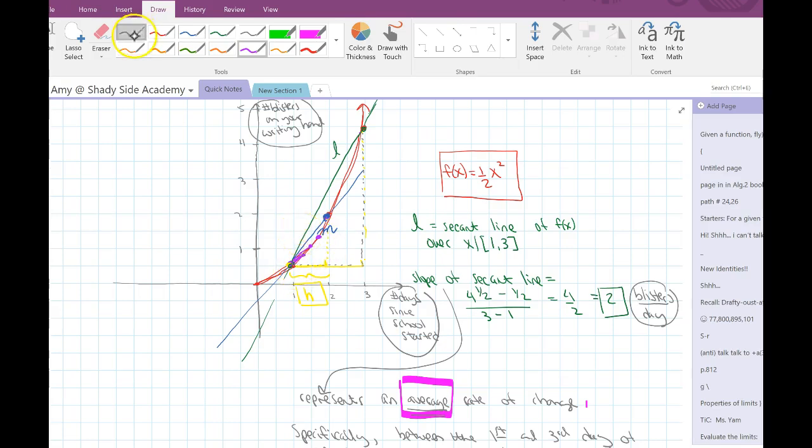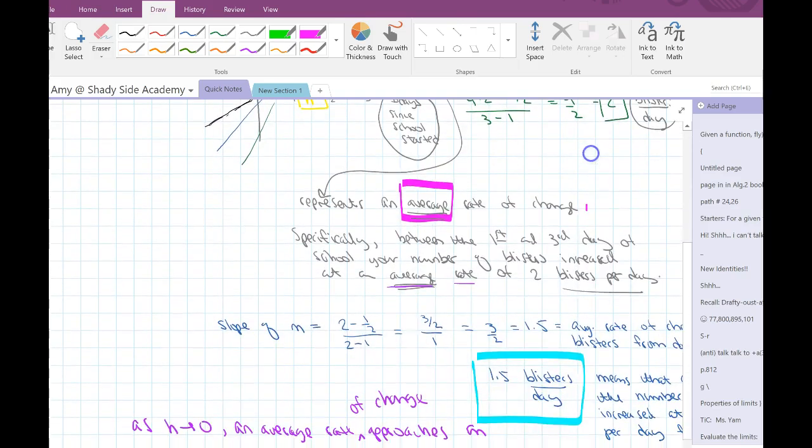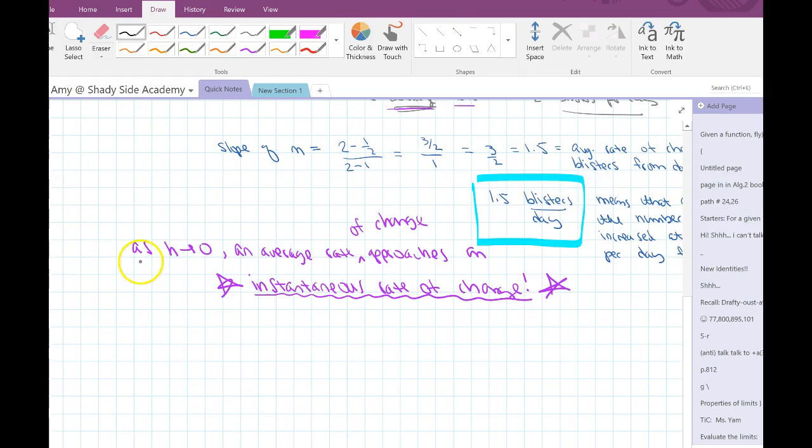Yes, it crosses it once. So what happens is, as your average rate of change, which is represented by the slope of the secant line, approaches an instantaneous rate of change, your secant line morphs from a secant line intersecting the curve twice to what kind of a line that crosses a curve just once? A tangent line. Okay? What's really amazing is, as h approaches 0, an average rate of change approaches an instantaneous rate of change, and a secant line